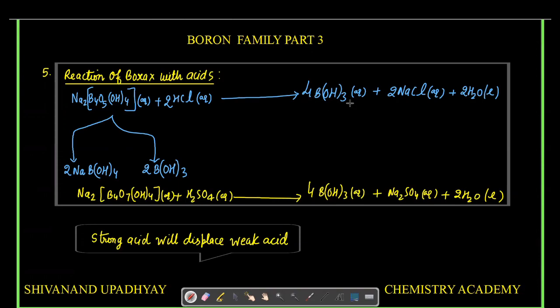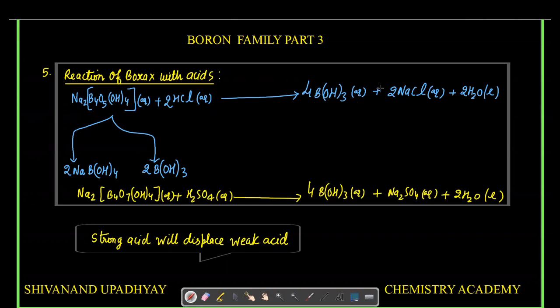Now you know that boric acid at low temperature is less soluble, it will crystallize out. So if I cool, this crystal will form. Same way I can say that H2SO4 can react with borax to form boric acid, Na2SO4 and water, same reaction it is. So the concept here is that reaction of borax with a strong acid means a strong acid will displace weak acid. So in questions they will say that on titrating this salt solution with strong acid, there is formation of a crystal